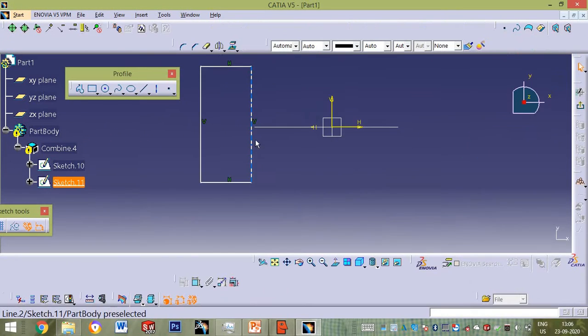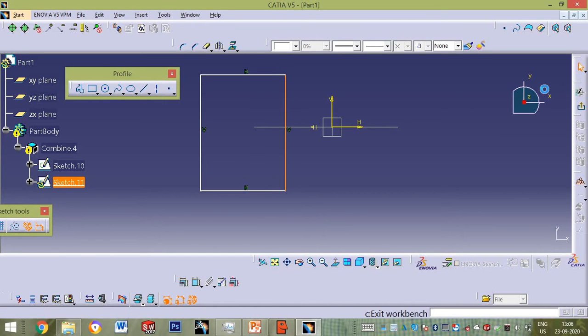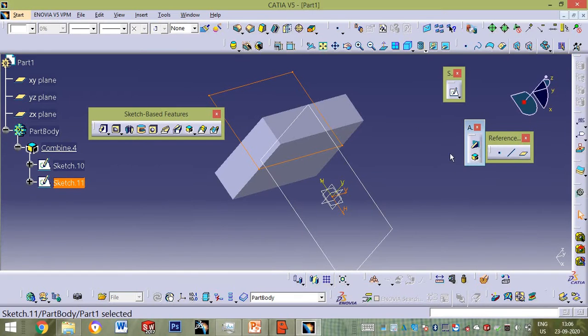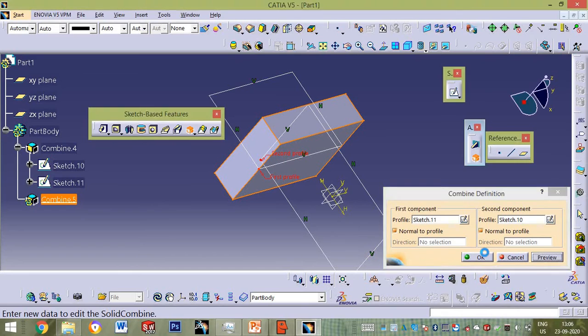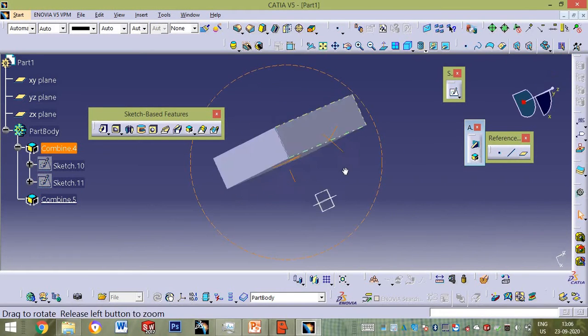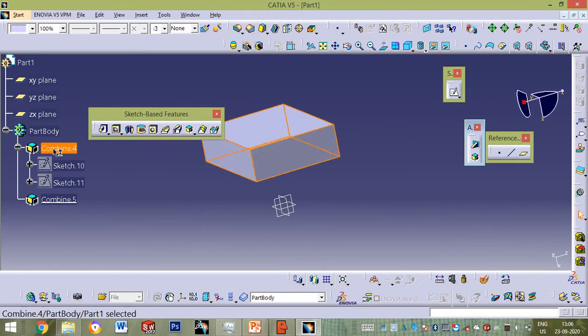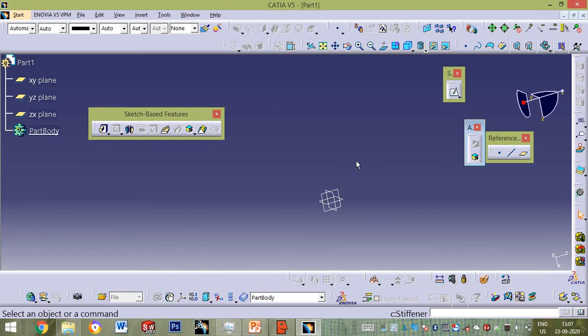So cross-check that there is some intersection between these two profiles. You can see that there is an intersection; the length is equal to one sketch and the width is the other sketch. This is how the solid combine command works. It is a combination of both.